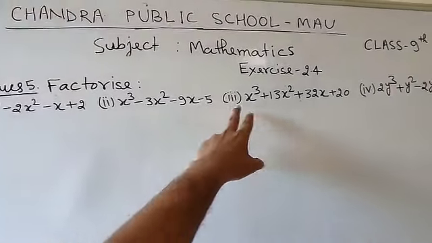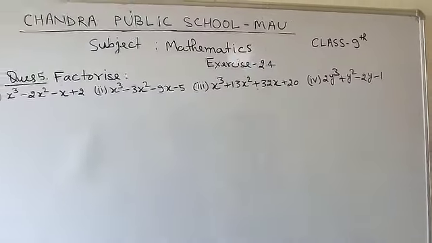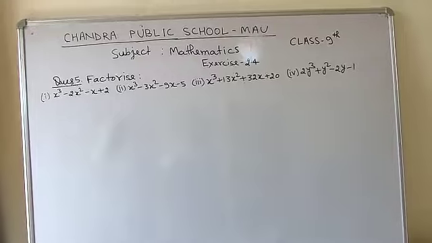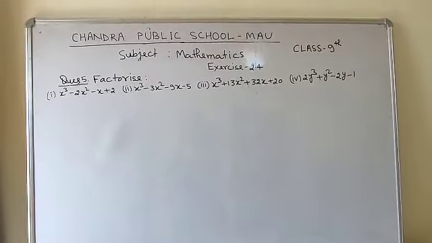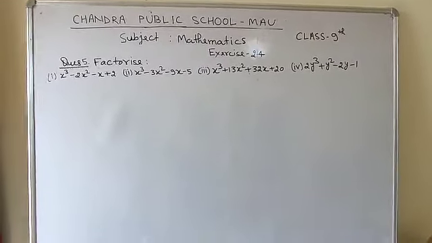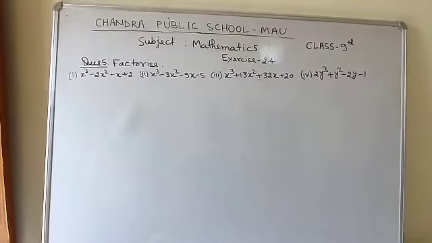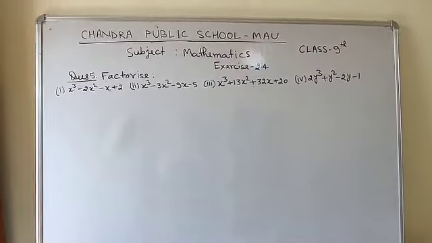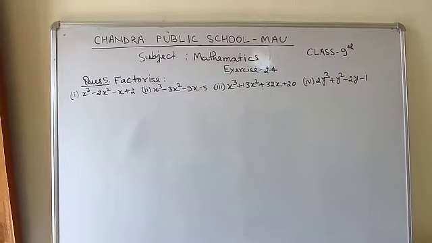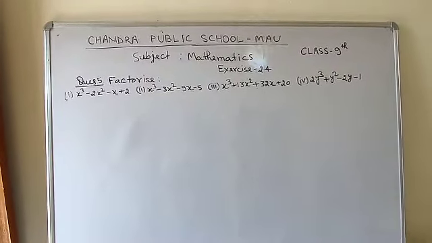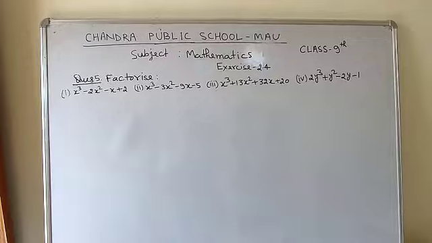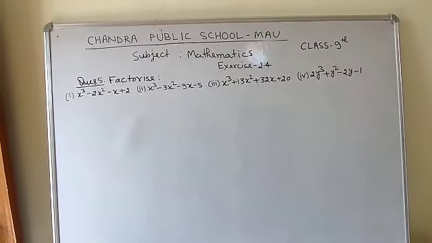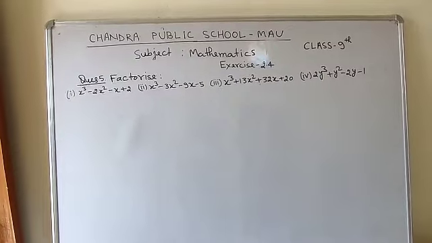Here you will get that in each and every part the highest exponent is 3, so that is the cubic polynomial. So here I am going to explain how to factorize the cubic polynomial. Here the factors of the polynomial depends on the degrees. In the previous question, question number 4, the degree of all the parts were 2. It means all the parts were quadratic polynomial. So there you got the 2 factors. In 2 brackets you were getting the values in each and every part. It means that having the 2 factors.